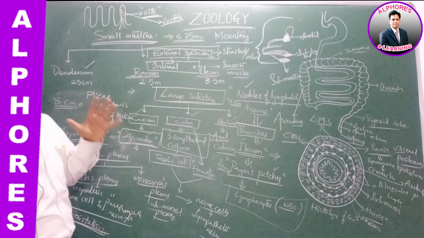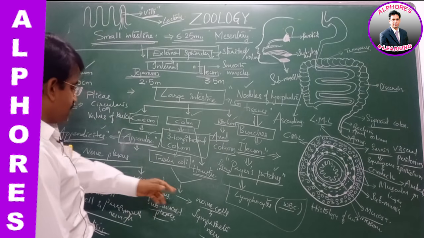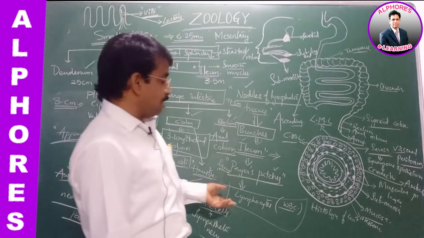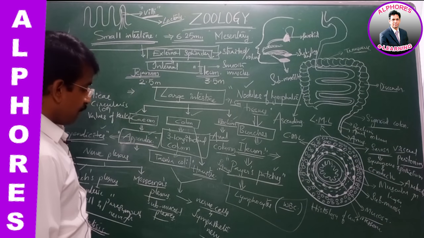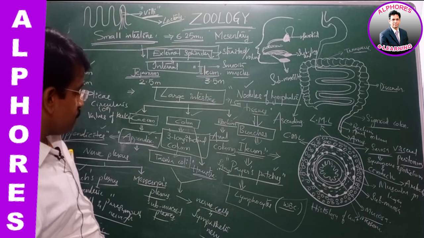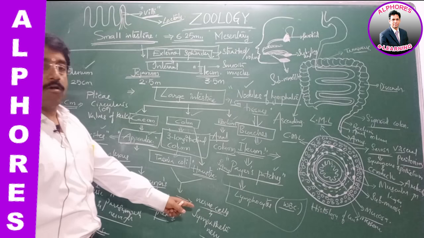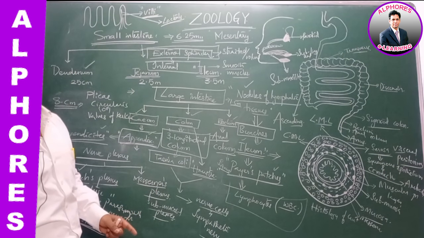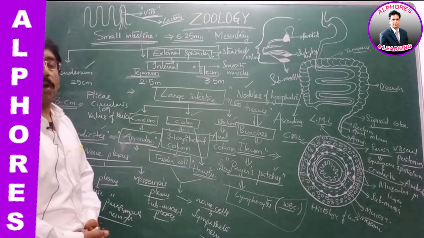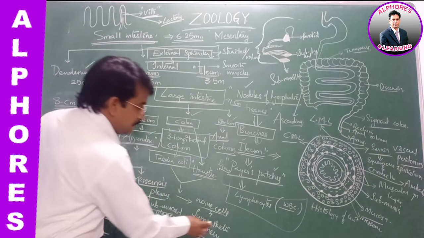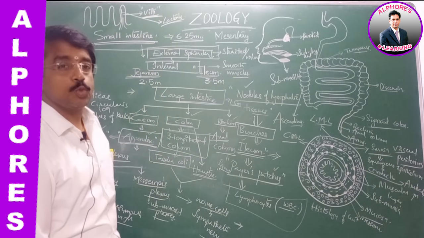Digestion is an involuntary action, so the sympathetic and the parasympathetic are involuntary in function. The combination of nerve cells and sympathetic nerves forms Meissner's plexus, present in the submucosal region, so it is the submucosal plexus, and this is responsible for secretion of the intestinal juice,